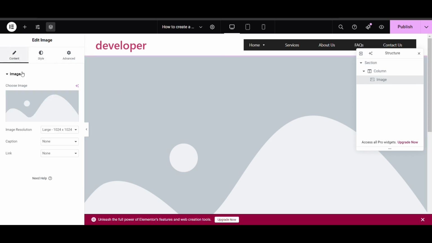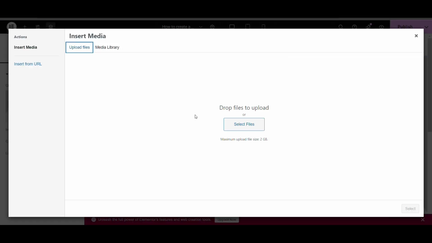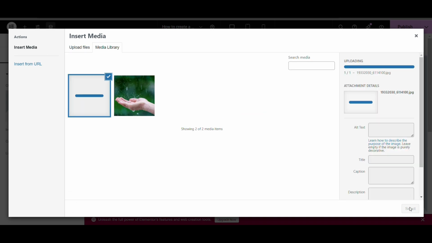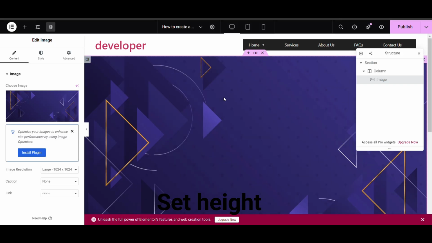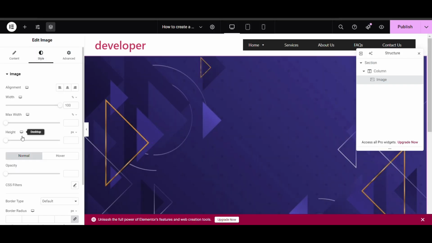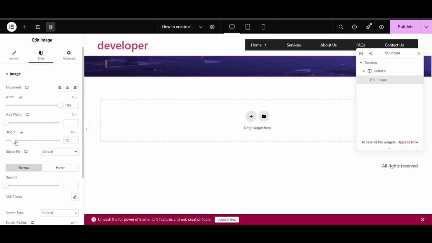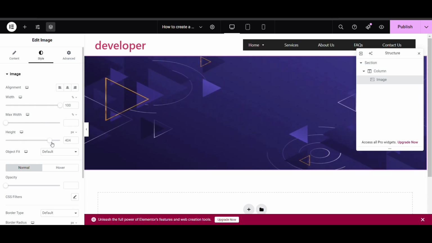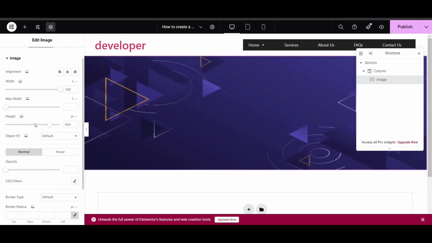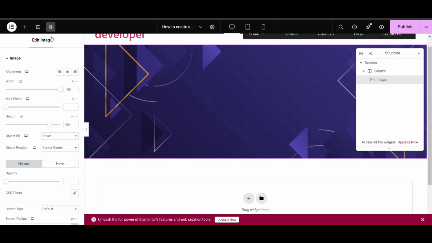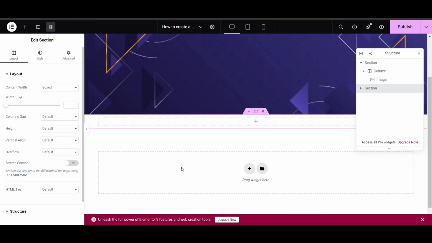Now I will upload the image. Here, now we will add a section on it.